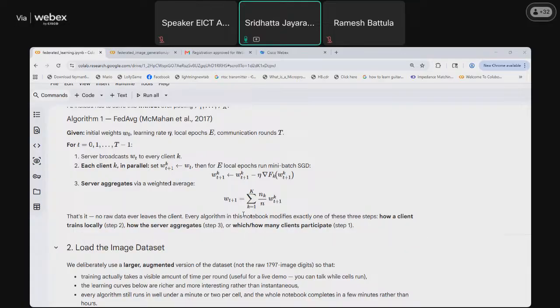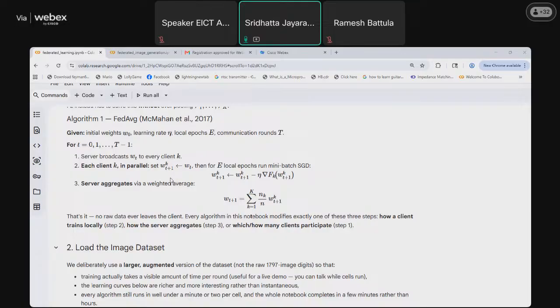So when the server is updated, in the next round this updated weight of the server will be shared with every client. Indirectly, round after round, the learning from each client will be shared with the server, and the server will again initialize those clients.